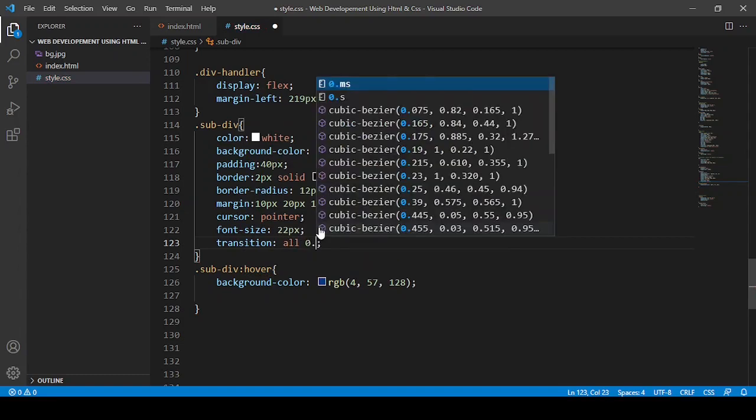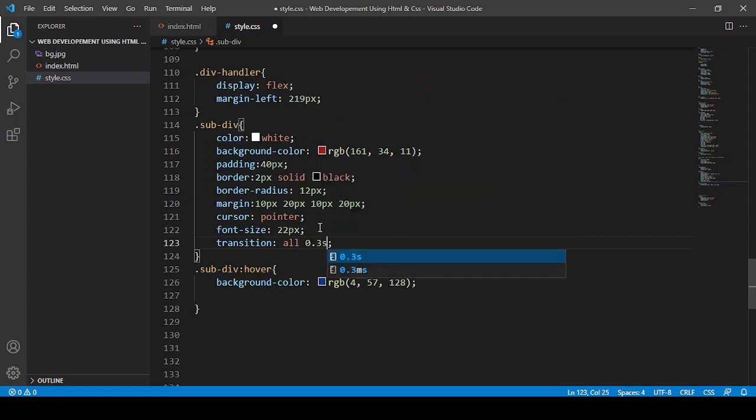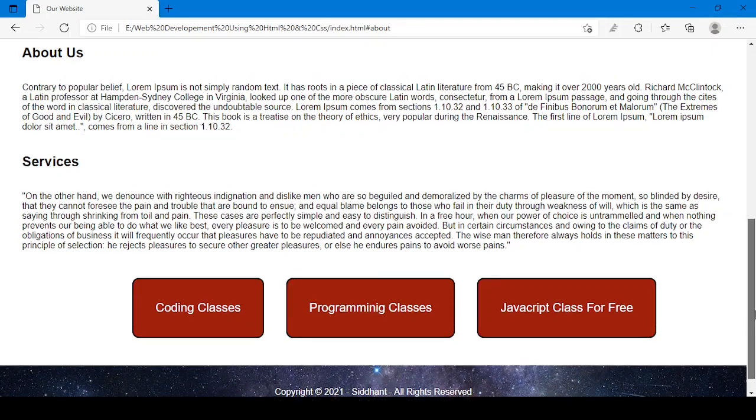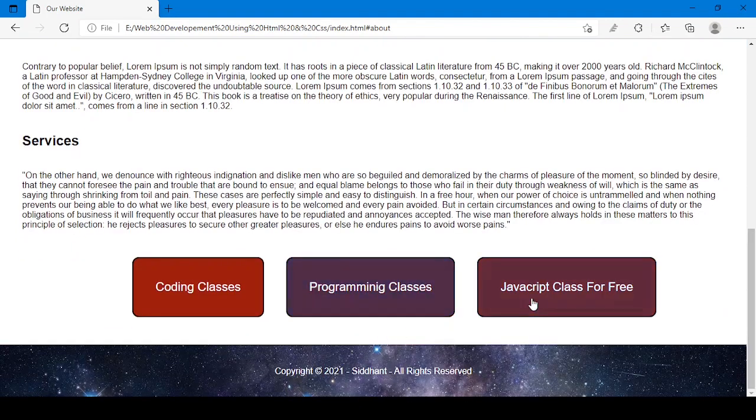Then I can give 0.3 second, and ease-in-out, I save it, and let me reload it. And now here you can see the awesome effect, isn't it amazing? Yeah.